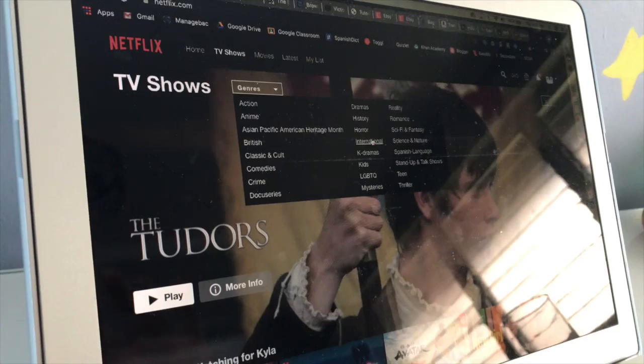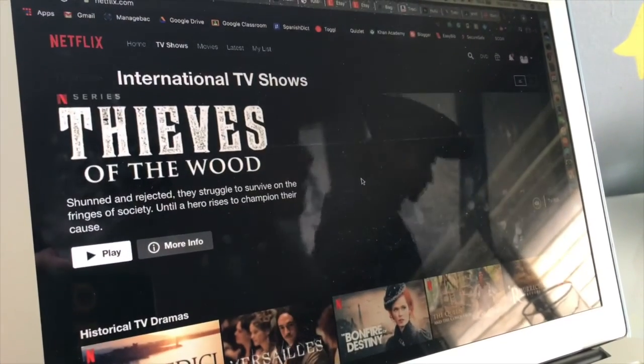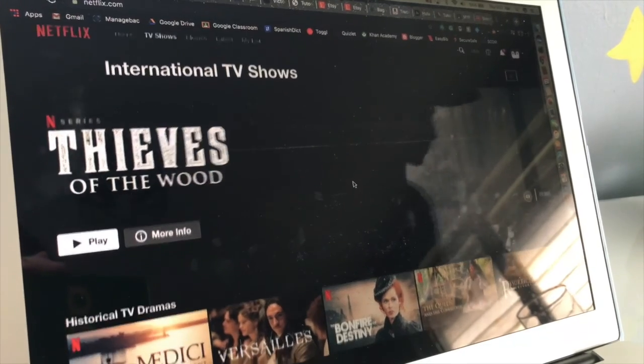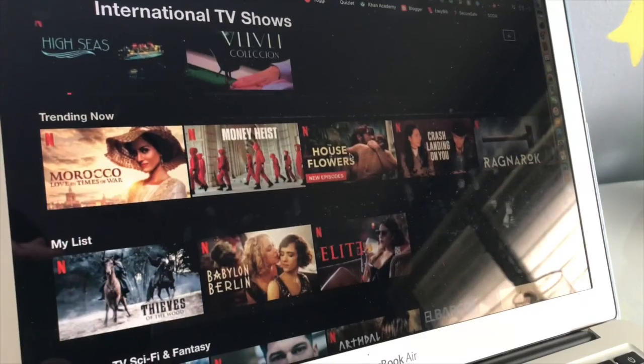Then I would also look at novels. Maybe if you like reading, find a novel in the language that you want to learn, but it's also a novel that you'd be interested in anyway. Or find TV shows or movies that are in the foreign language. Almost all movie and video streaming platforms will have foreign language films and TV shows. For Spanish, one of the ways that I've studied Spanish and still am is I find a TV show that I like watching.